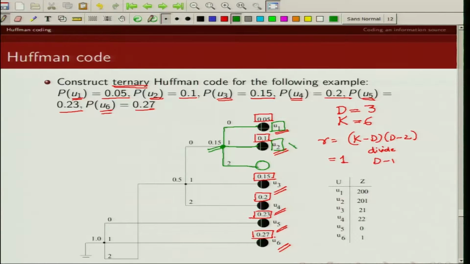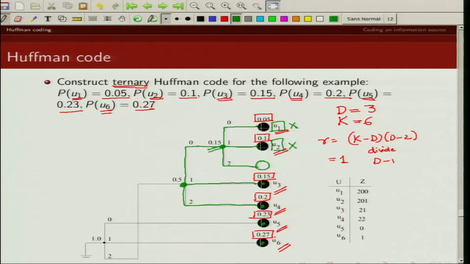Next, I deactivate these nodes, and now my active nodes are this one, this one, this one, this one, and this one. So I now have to pick the 3 least likely active nodes, and what are those? That is 0.15, 0.15 and 0.2. So the least likely nodes are these.